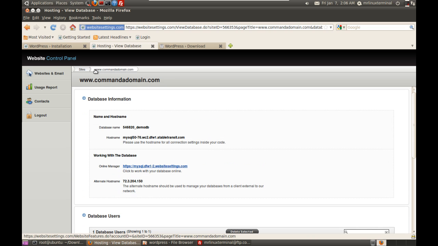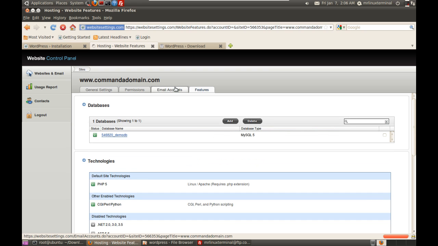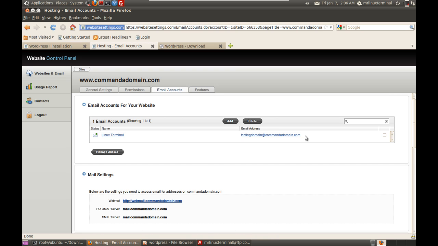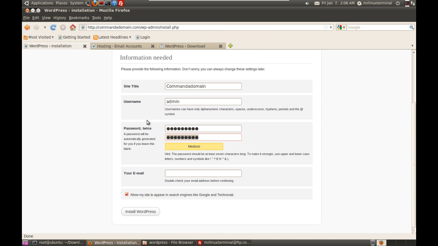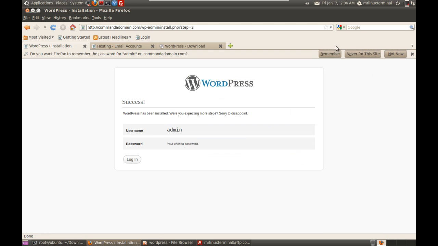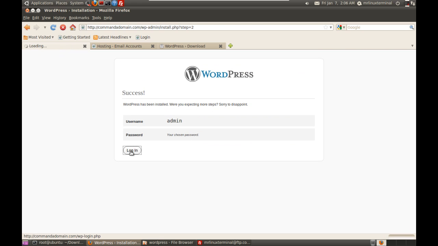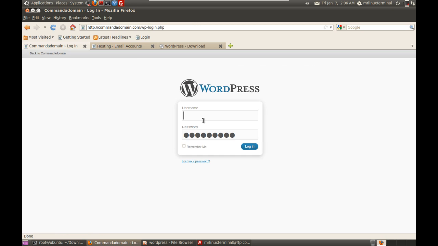the domain, which, of course, if you go back to the main section of your site's domain, click on email accounts, and you can either create your email account or use one of the ones on here. But it just works just as fine. You can also have your site appear on Google's search engines, just by making sure that that checkbox is checked. Log in, username admin, of course, and then log in,